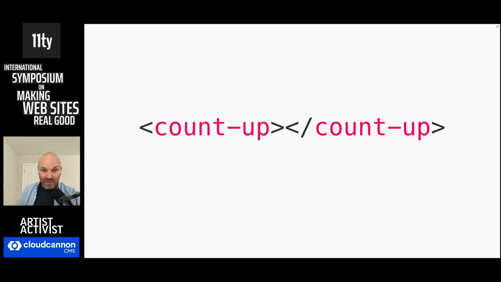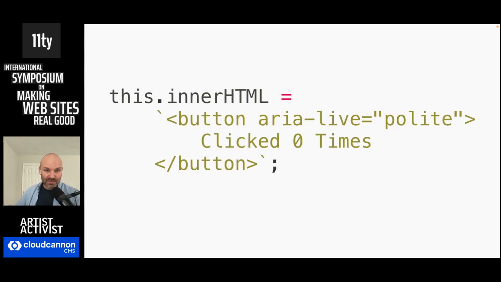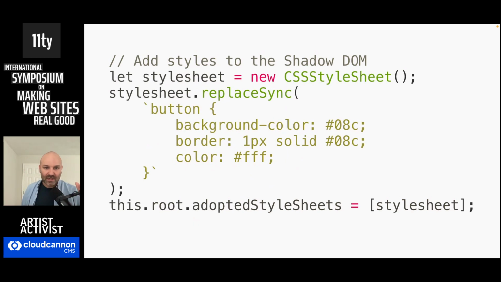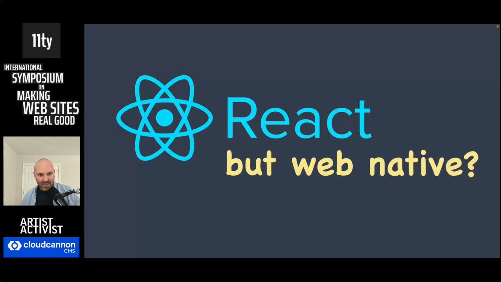People often use them like you would a React component. So a lot of tutorials that you see start with an empty custom HTML element, and then they use JavaScript to inject the HTML. Oh, and don't forget about the Shadow DOM. When web components first came out, there was a lot of hype around using the Shadow DOM to keep your HTML isolated from the rest of the UI. This was promoted as a key feature of web components. Of course, once you do that, your HTML doesn't have access to your global style sheets, so you need to inject your CSS with JavaScript too. This approach feels a lot like React, but native.